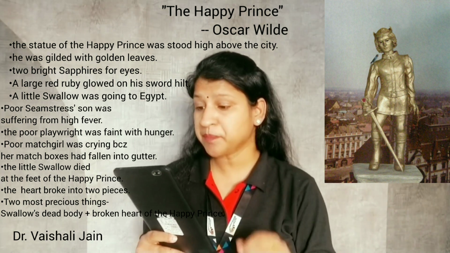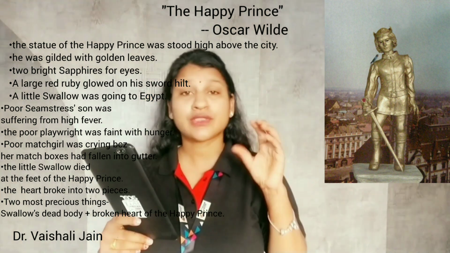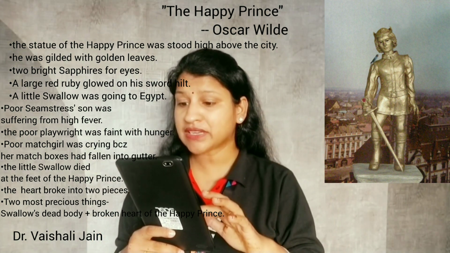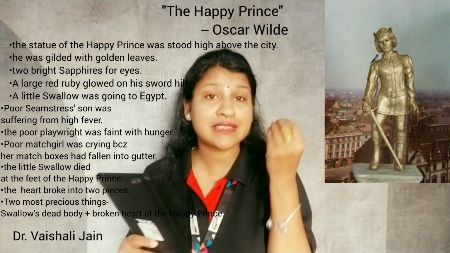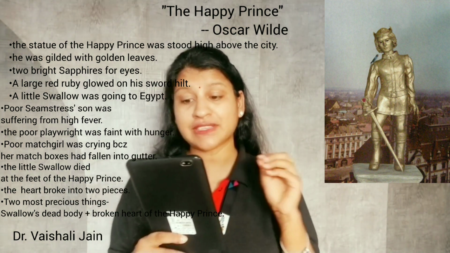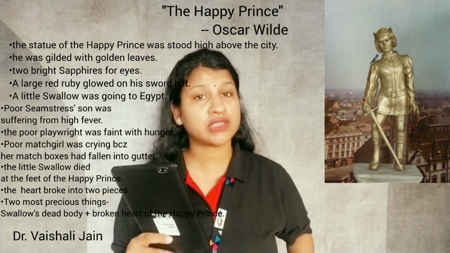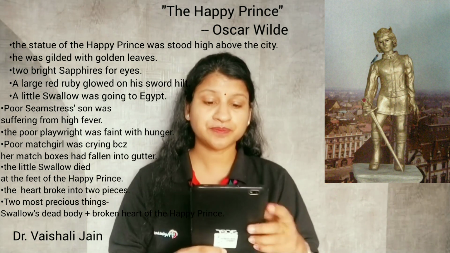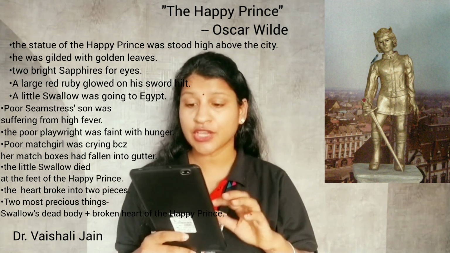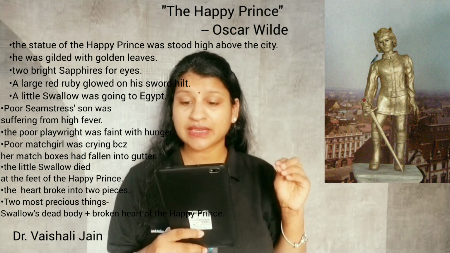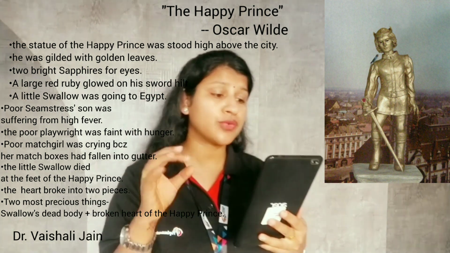But obviously, at first the Happy Prince asked the swallow to take the ruby from his sword hilt and give it to the needy seamstress who had not even a single coin to take care of her son. Means her son had a very high fever, he was a little baby, and the seamstress was very poor. So the Happy Prince sent the red ruby from the sword hilt to that lady. Now the bird did as commanded. The prince asked the little bird to stay and help him as he could not move from that place.